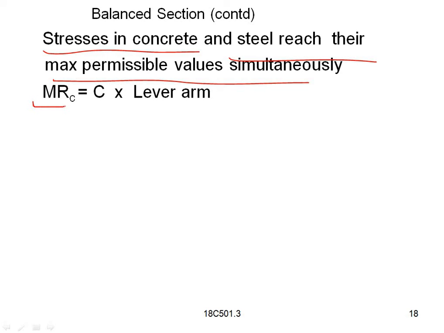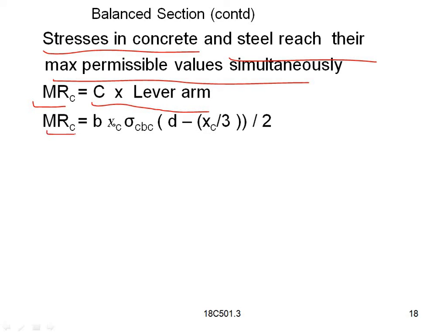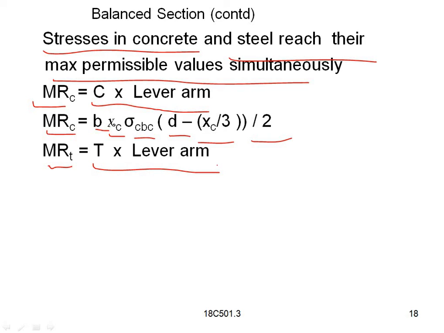So MRC is equal to C into lever arm, and MRC is equal to B into XC sigma CBC by 2 into D minus XC by 3. This is the moment of resistance, and MR of tension is equal to T into lever arm,